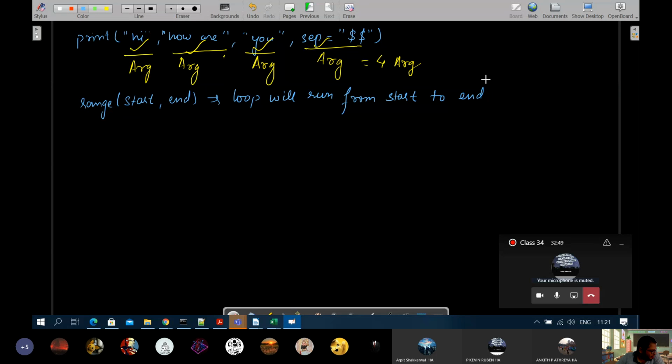So, Aditya is asking, sir, if only output is given, can we identify how many arguments are there? No, we cannot. Because hi, how are you, you can also specify it within a single string. So merely by looking at the output, you cannot tell how many arguments were there in the print. Even in case of range, most of the functions, you cannot specify how many arguments were there till the time you see the code. But yes, if you see the code, you can always tell the output.